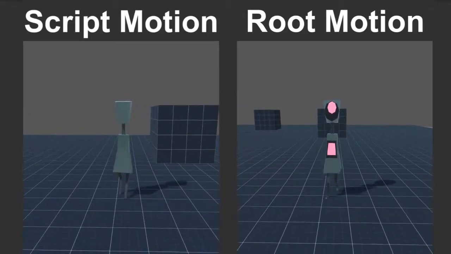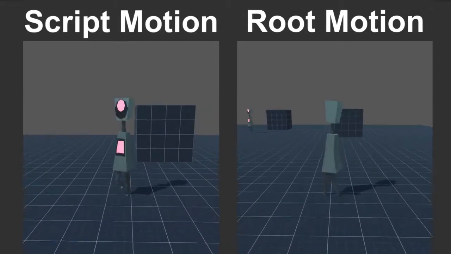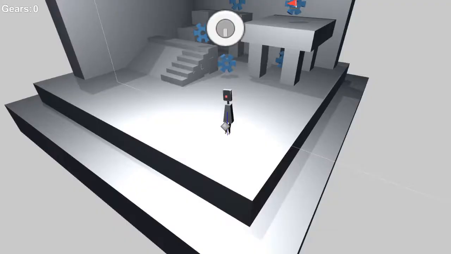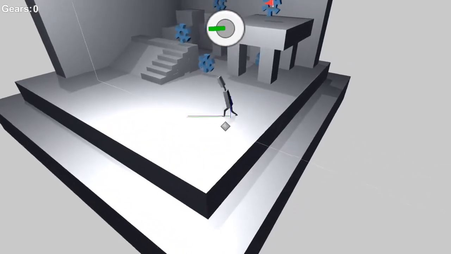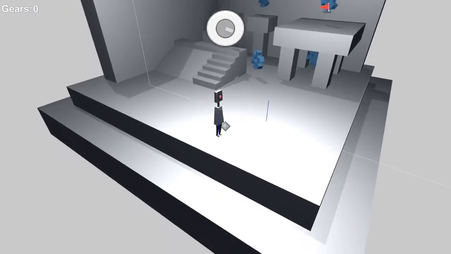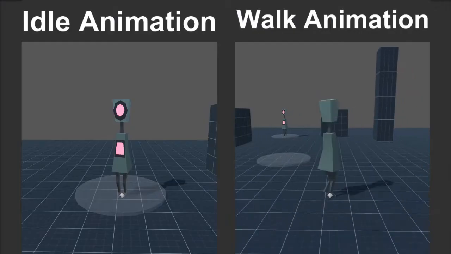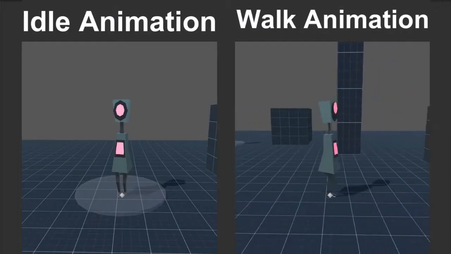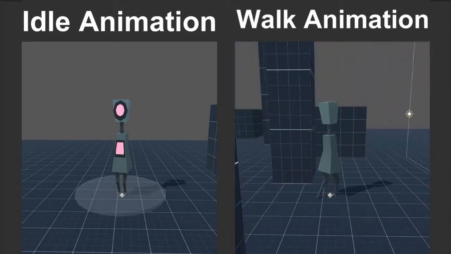RootMotion refers to characters in games whose movement is driven by their animation rather than code. For most video game characters, their movement is script-driven. There's a code telling them to go forward and rotate so much each frame, with the animation being mostly a visual aspect applied on top of that scripted movement. The most basic characters have an animation for standing still, and one that is applied when moving forward or turning,